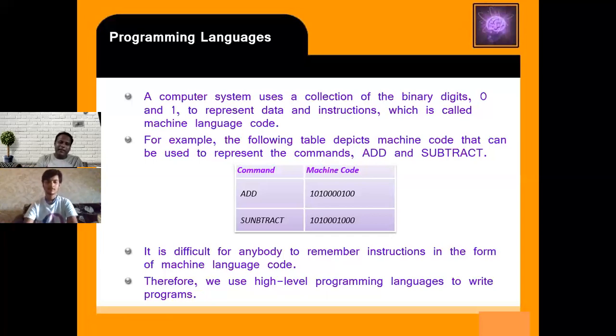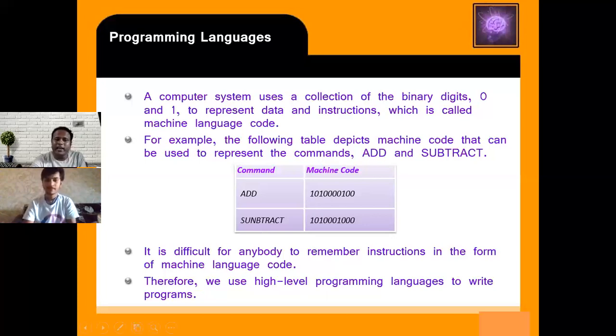If you think programmatically, for the plus symbol you would have to remember a number. It is not possible for a single human being to remember the number for every operation. For subtraction it is 101 000 130, but we only use the minus symbol. So the minus is represented by this number and plus is represented by that number.